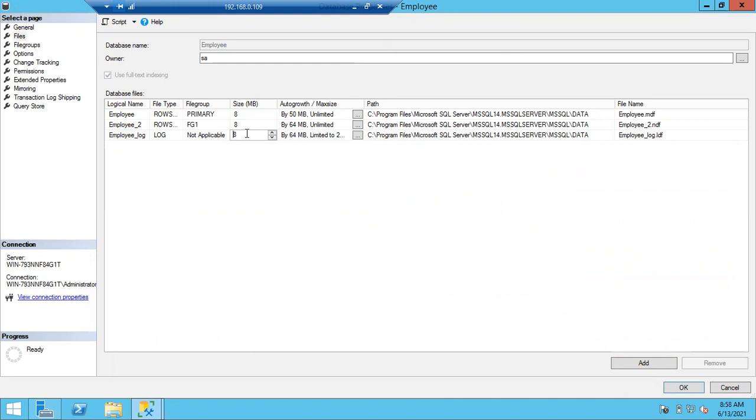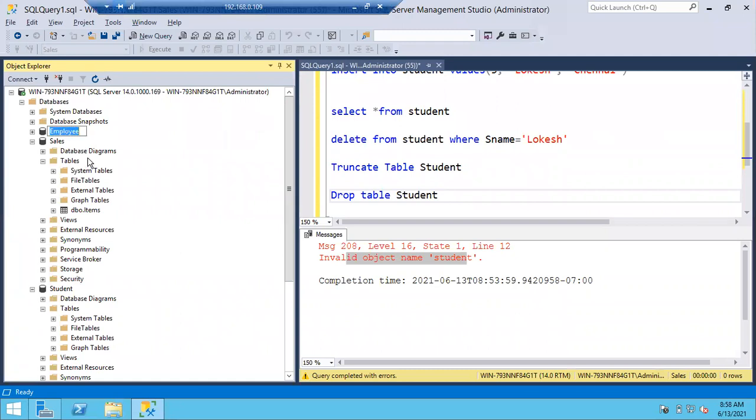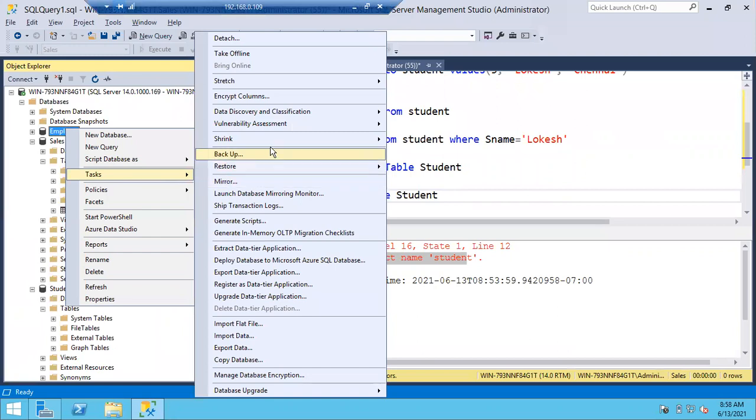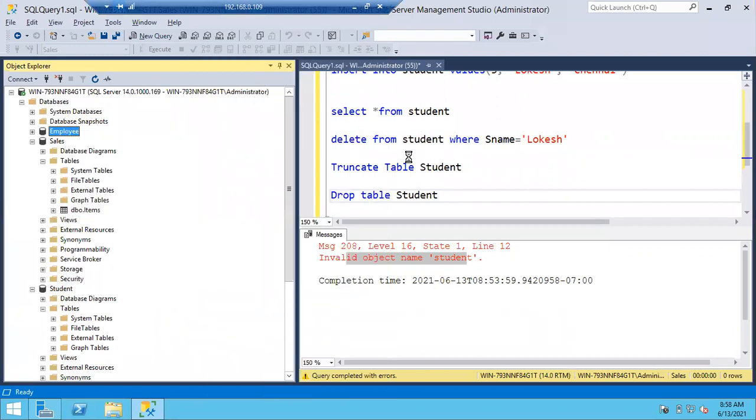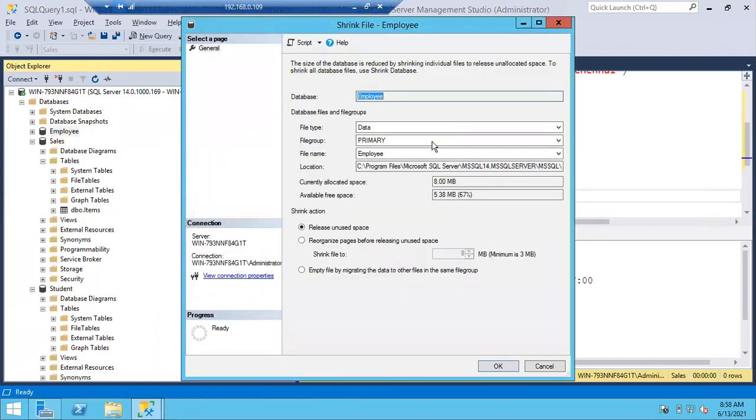The transaction ran successfully. All the transactions are committed. All the data in the log file is completely committed. Now imagine we have a 100 GB log file. Once the transactions are committed, you will have some free space in the log file. If you select the log file here, you can see the available free space. The whole size is 8 MB, and 7.48 MB is free.